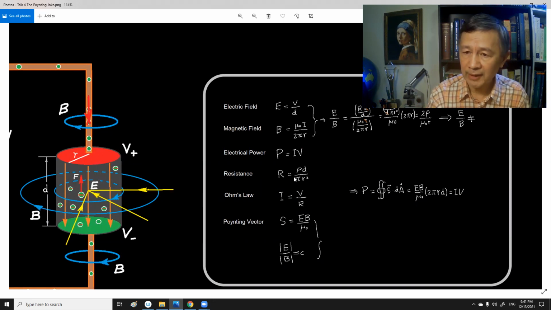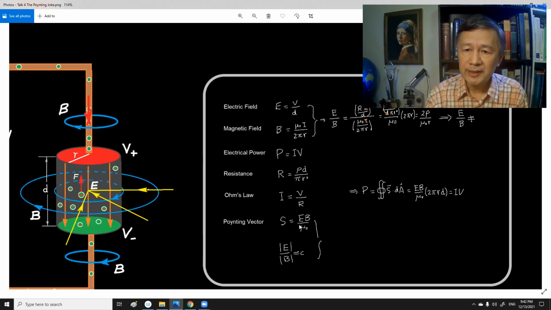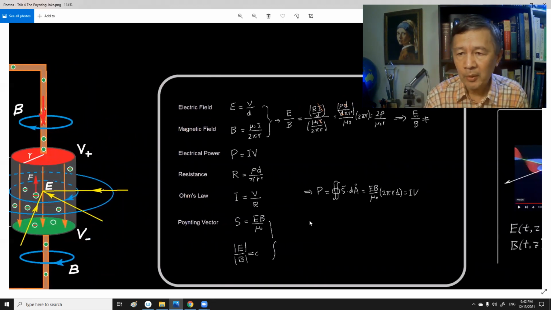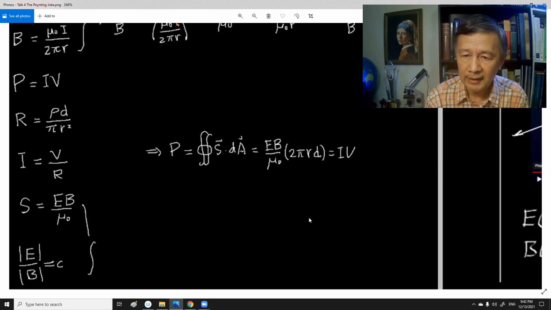Resistance, according to definition, where rho here is resistivity. This is just Ohm's law. The last one, S, is the Poynting vector in its scalar form, so E multiplied by B divided by a constant. If we just pick out the first two and the last formula, we can obtain a formula, in this case,